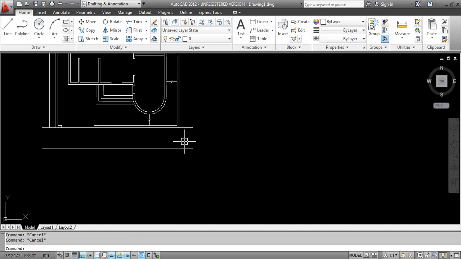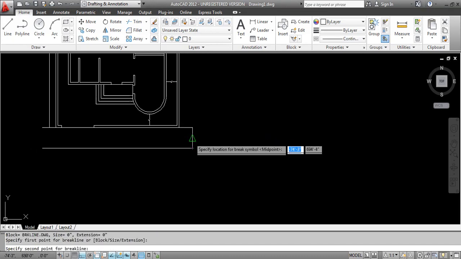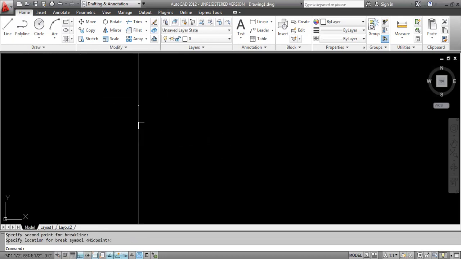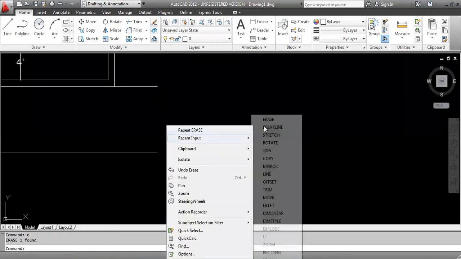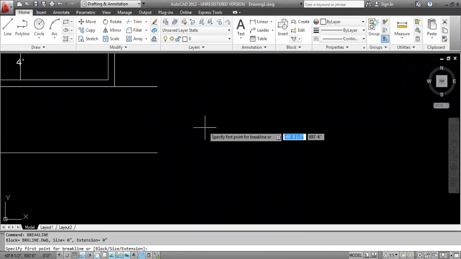Same thing here. We have to take a break line command. We have to show over here the break line. See, this is too small. We could not see that cutting. Again you have to take break line. Just change this, check your size, how much? 0 inches. We will give here 9 inches.